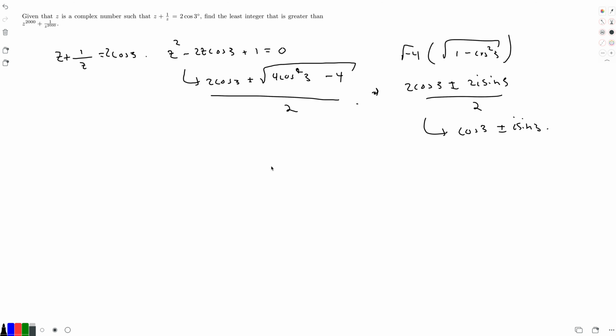Okay, and then now to find z to 2000 plus 1 over z to 2000, it doesn't matter if we take cosine 3 plus i sine 3 or cosine 3 minus i sine 3. We'll get the exact same answer, and try to prove that yourself. It just has to do with the geometric interpretation of the roots of unity. But anyways, just taking cosine 3 plus i sine 3,